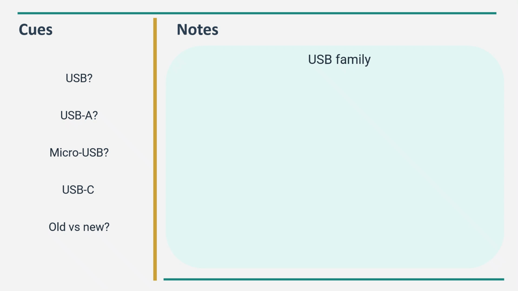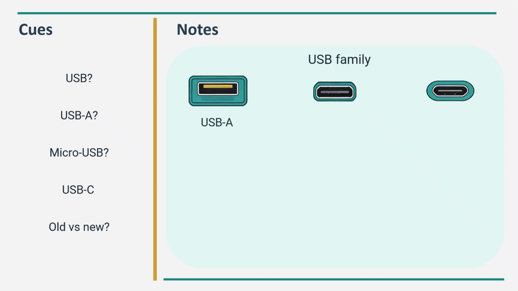Now let's take a look at the USB family. USB stands for Universal Serial Bus and is the most common port family. You need to be able to recognize the three main shapes. USB-A is the classic big rectangle on desktops and laptops, and they are used for flash drives, mouse, keyboard, external drives, and printers. If you think about the devices that are connected through this port, you will also notice that they don't have a power supply and that they also transfer data, which means the ports need to be able to provide power and allow data transfer.